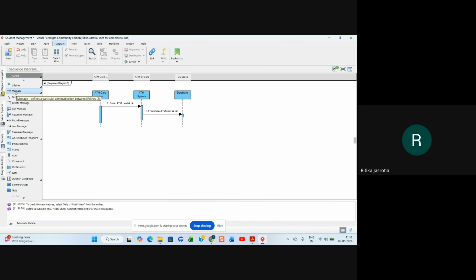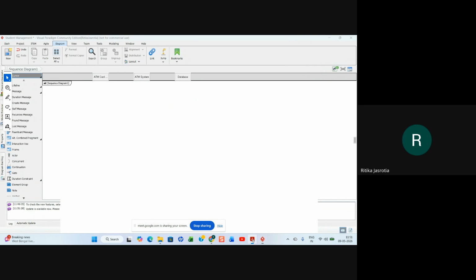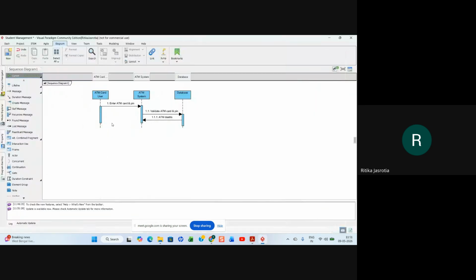So what we will do, we will take it like this and we can give it like this. So here in the return message, ATM details are sent to the ATM system, right? Now again we are giving a response back to the user.